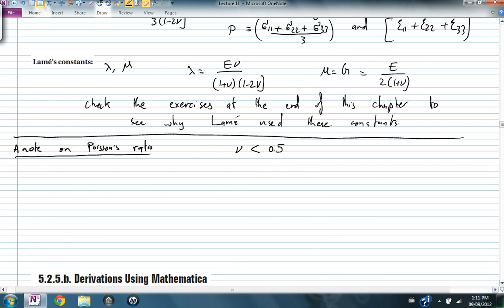Basically, Poisson's ratio is always less than 0.5. And what does this mean? It means that epsilon 1 plus epsilon 2 plus epsilon 3, under this constant state of stress, so I have sigma 1 only, this is the volumetric strain,